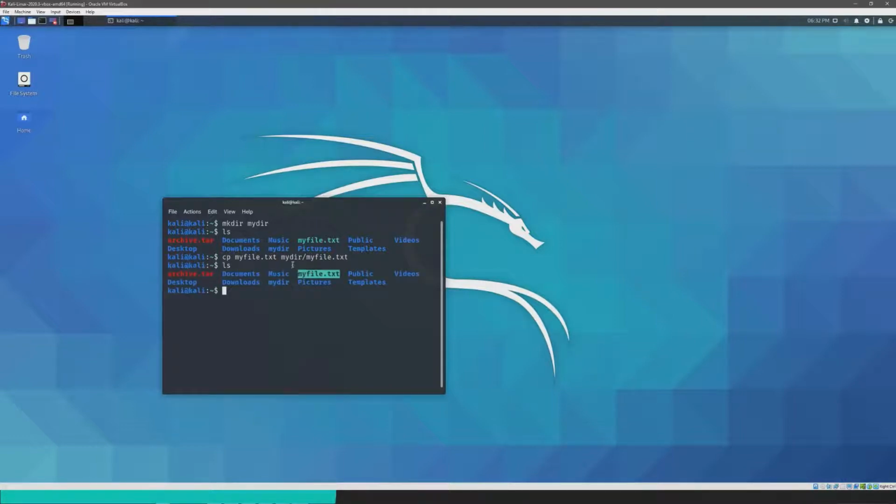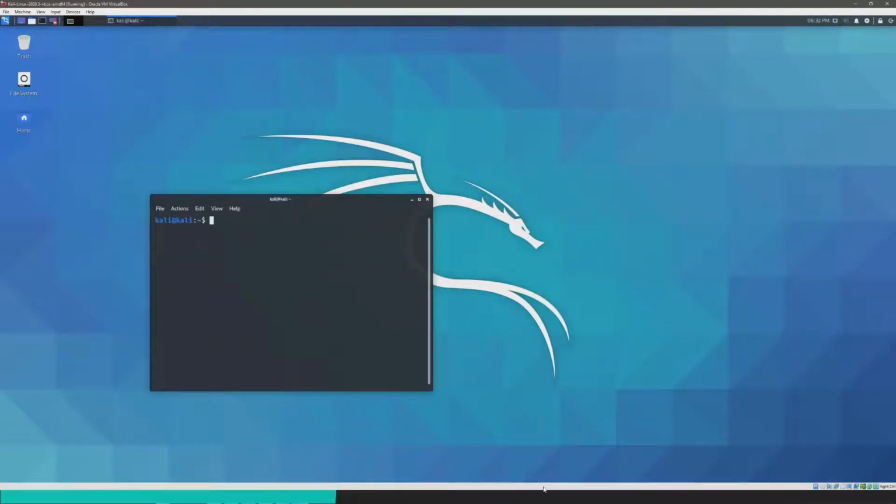So it's still here because we just copied it over. So let's cd into mydir and then list. And here we go. It shows myfile.txt is in mydir. So let's go back to the home directory, because that's where we'll be doing the rest of the workshop. I don't want to be doing everything in mydir. All right.